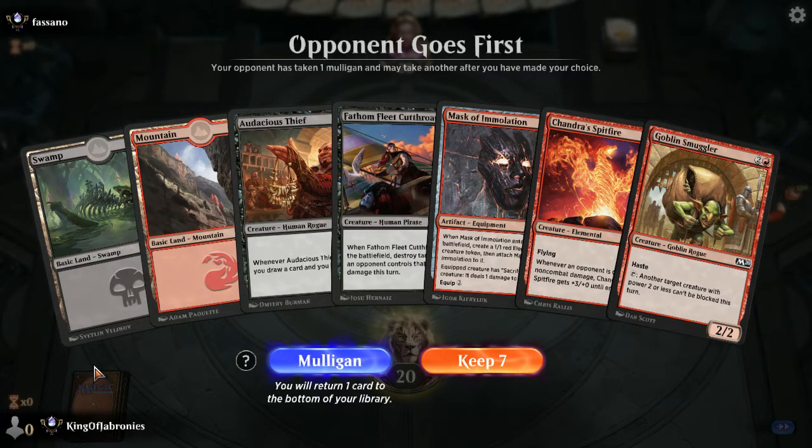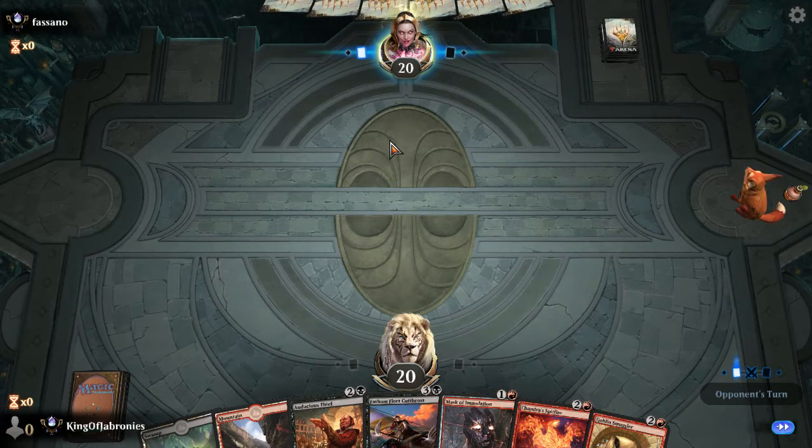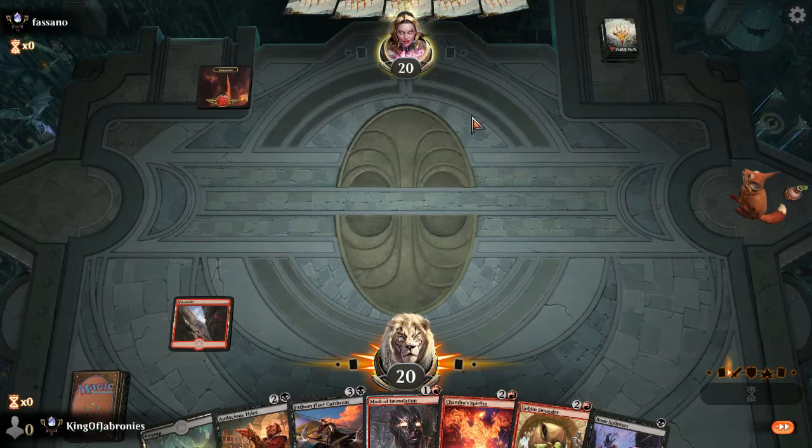Alright, so Mask and Spitfire, this looks good, just need a third land drop, we're on the draw. So I think we're obviously going to gamble this hand. Opponent starts out on a Mountain, could have a Shock. He did go down to 6, so...